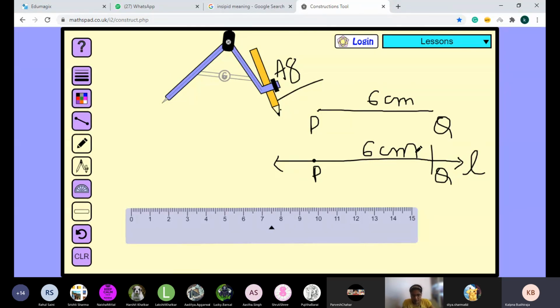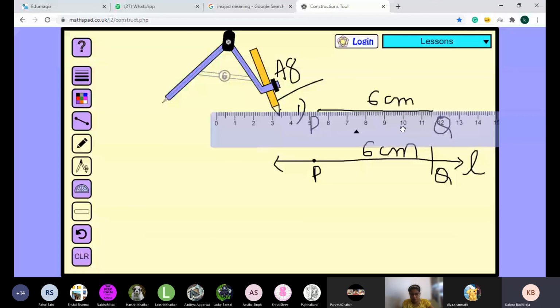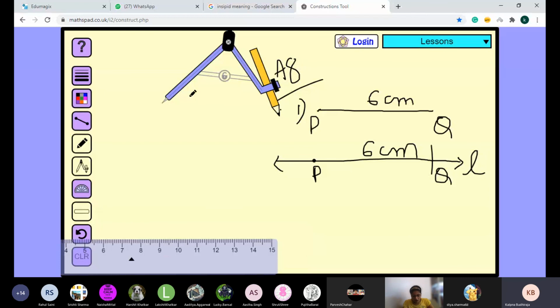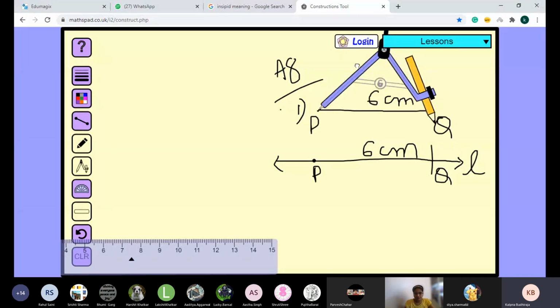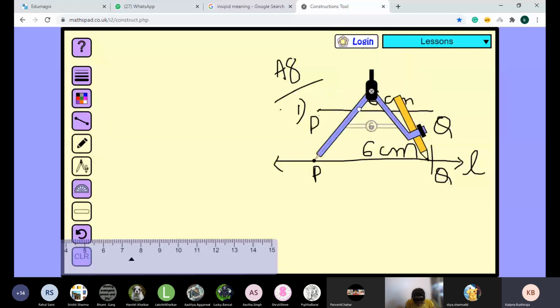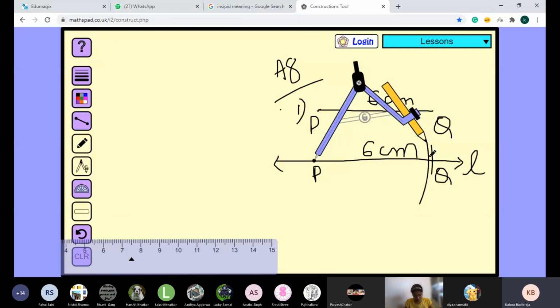Yes, ma'am. So first step is to draw the PQ with the scale. Okay, पहले तो आप scale रखोगे, PQ को draw करोगे, then remove the scale, bring your compass, ठीक है? Place the needle at P, place the pencil at Q. Now your compass is of the same radius. Now bring this compass on the next line and cut the line. So this will be your point Q. Any doubt? Any step you want me to repeat?